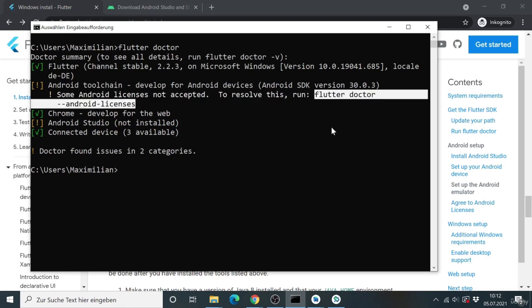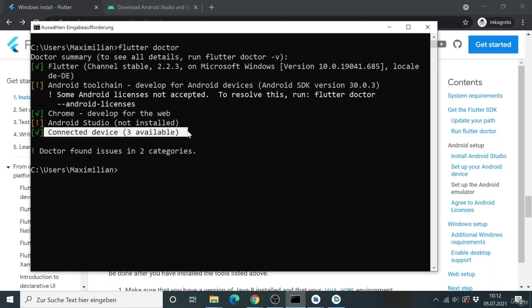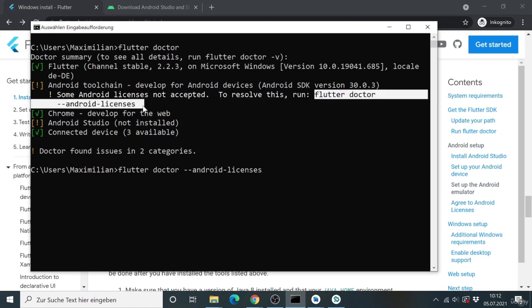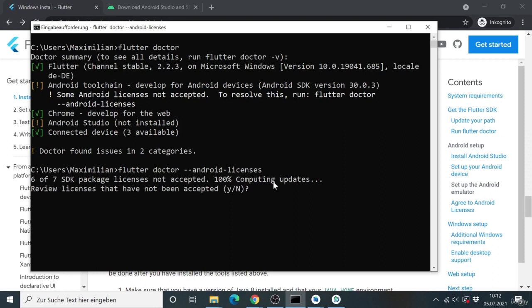And that's the convenient thing about flutter doctor. It very often shows you fixes you can use if certain issues are detected. We can see that we, for example, get a connected device now though. So now here I will simply run flutter doctor --android-licenses, as recommended here, and hit enter, and then this will now automatically accept